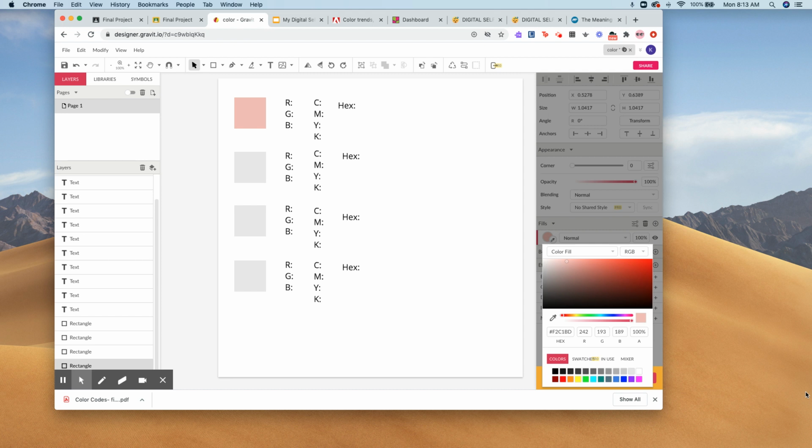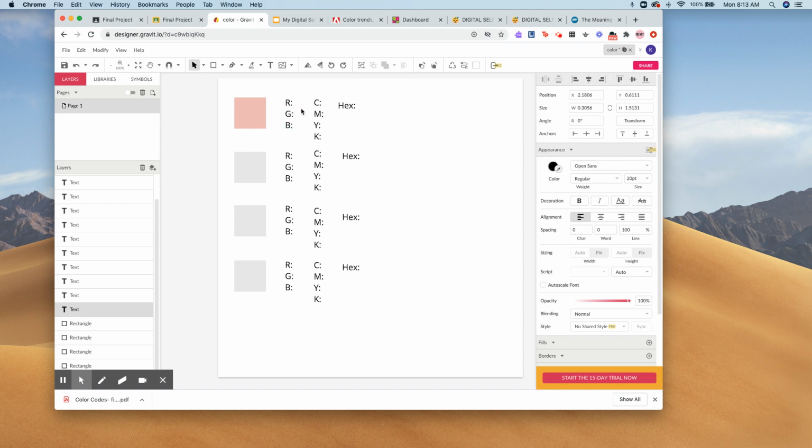That is what makes up the spectrum on the screen, because RGB is for designing for web. So you put that in, 242, 193, 189. And then you'll put your hex value, which is